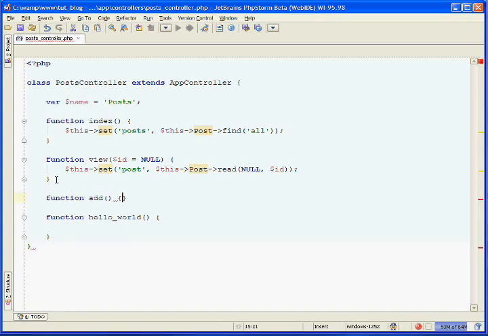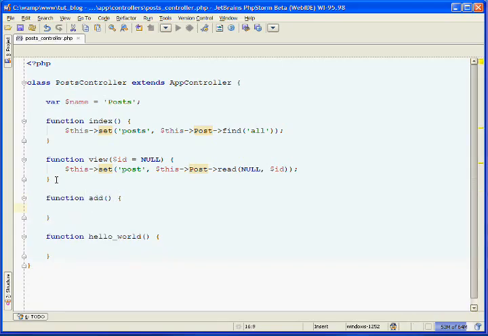We'll create an action called add, and the first thing we need to do is to understand how to access the data after it's been submitted through our form. You might be used to using the post variable and passing in the name of the form field that you want to get. So in this case, if we had a text input field and its name was title, we could grab that value by using post title. The way that you should do this in CakePHP is by using this data, and it works in the same way, except that it formats it